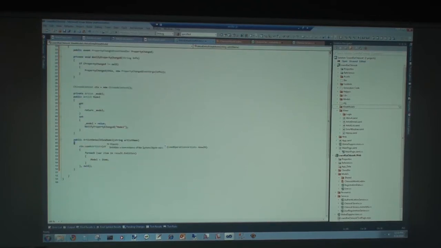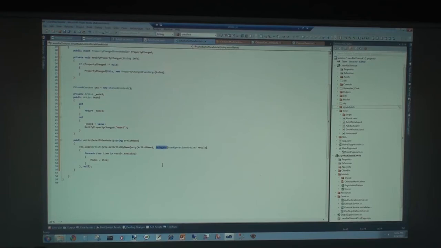And in my constructor here, I'm going to require an artist name be passed in. And this is where I'm going to call my RIA service to load the artist. And so I'm going to pass in a delegate, which is the method that's going to be called once the load has completed. So this is all asynchronous right here. And then when the results get returned, I'm going to assign the artist that's returned to my model. That's your completion